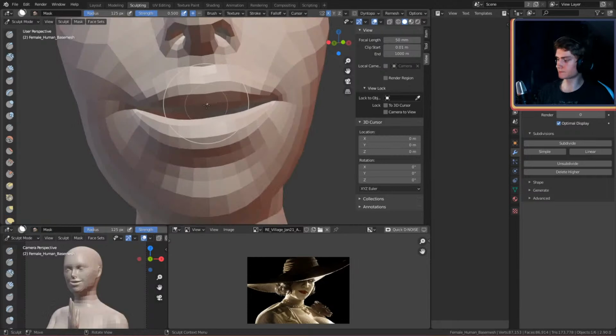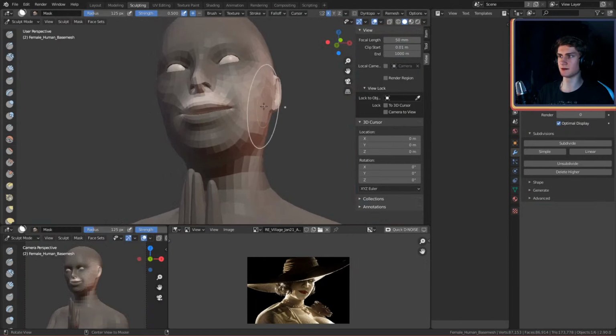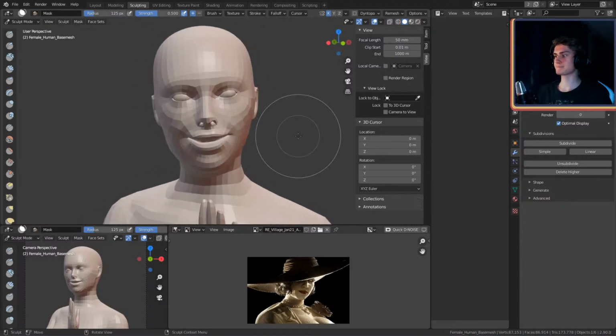Whoa. Where's that coming from? Why is that there? I guess because we have symmetry. Oh, dude. We can't pose her first, because then we have to do everything. Okay, well. So... Oh, yeah, I guess we